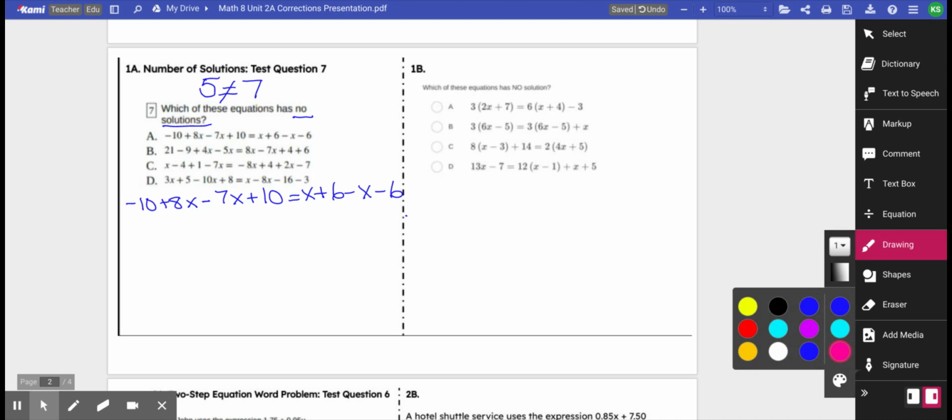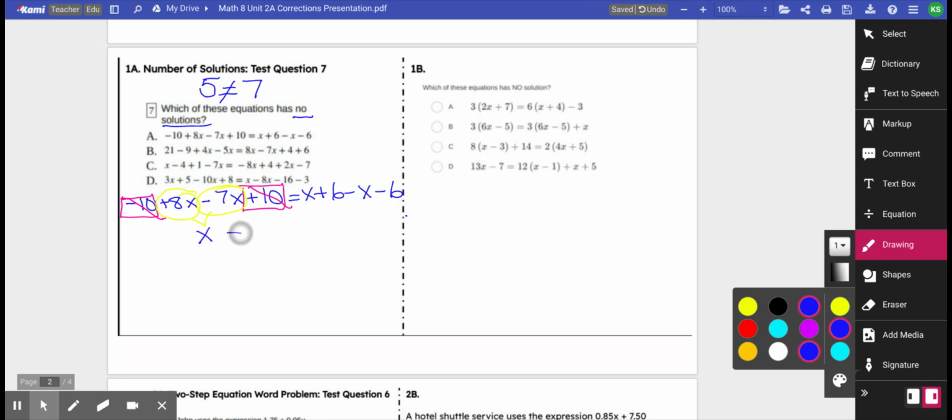So if we look at this, we see that, okay, we can combine the negative 10 and the positive 10. Well, if I have 10 minus 10, they will end up canceling each other out. Okay? Then let's see if we have any other like terms on that side. So I have 8x and I'm going to take away 7x. So that's going to leave me with